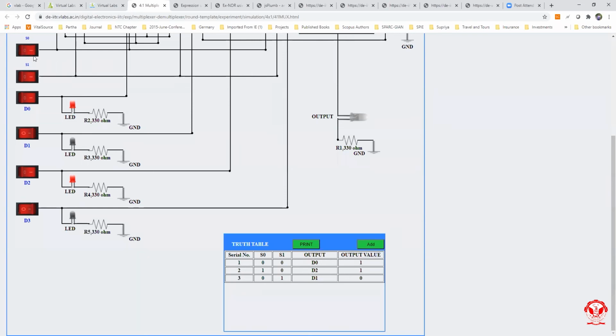Now for 1 1, which is showing 3, the output should be D3, and the output value should be 0. Now just click on the add button, and yes, it is correct.